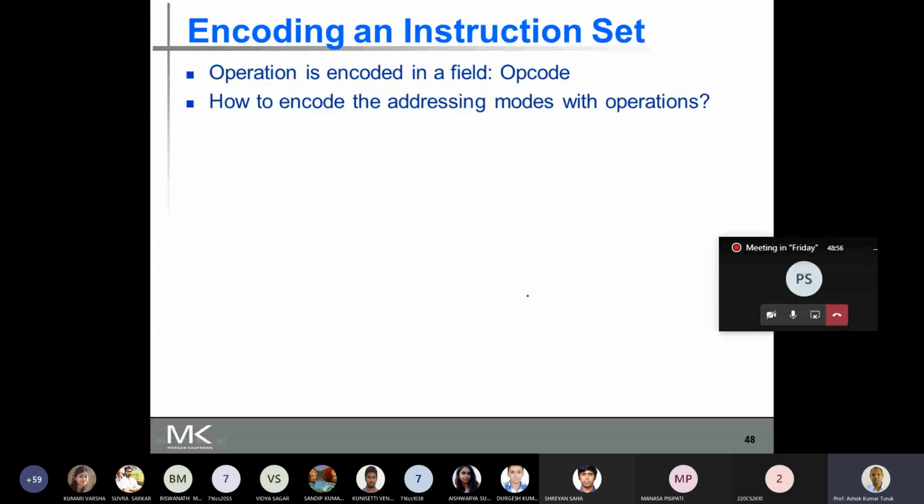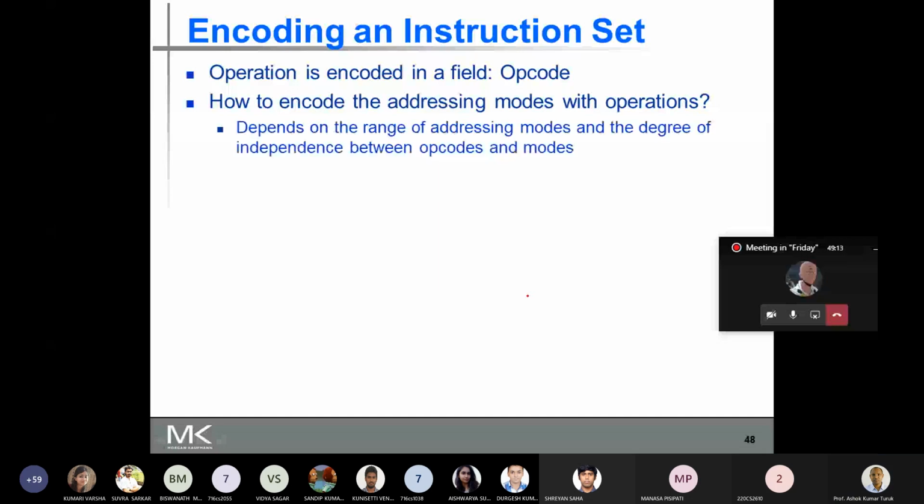Then how do we encode the addressing mode with the operations? By extracting the opcode field, you are able to know the operation, but how do you encode the addressing modes? The addressing modes, and the type and size of the operand, will affect the operations. This will affect the addressing mode, the size and type of the operand, and the type of the operation. All will affect the encoding of the instructions.